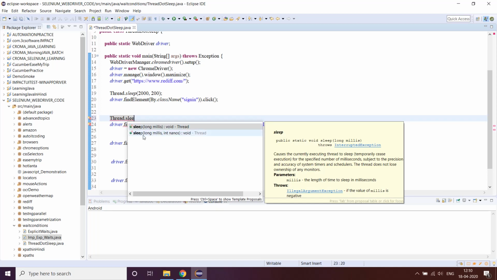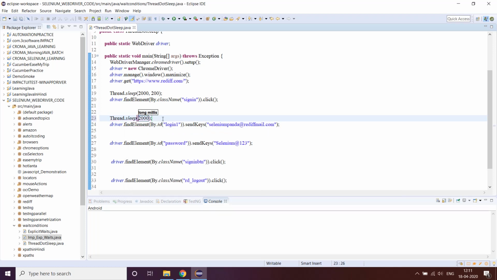See, the fact here is this long argument is actually in the form of milliseconds, which we generally use. This we can use in nanoseconds. Nanoseconds is 10 to the power minus 9 of a second. Okay, so this is how we will use it. Now we'll mostly stick to this. I don't want to use that and confuse you, but you can use this also, not a problem. This means that you have 2000 milliseconds and 200 nanoseconds, and that's it. But rather we'll stick to what we use. I'm just, for example, showing this.